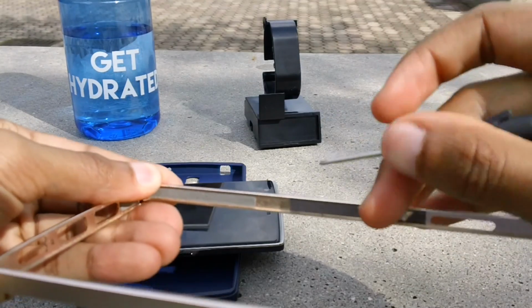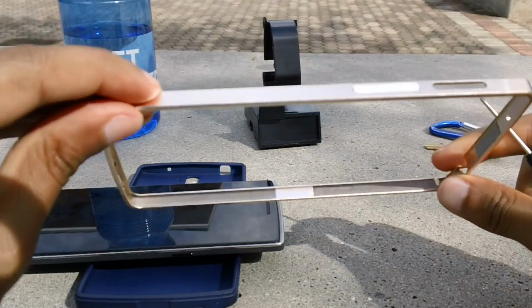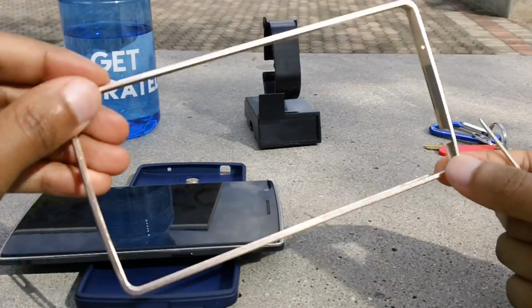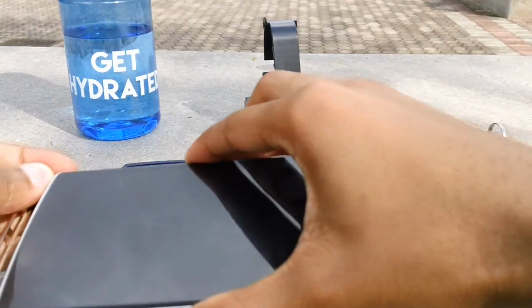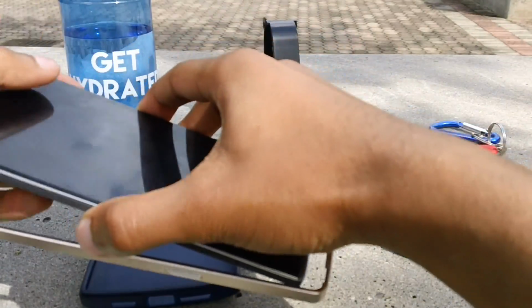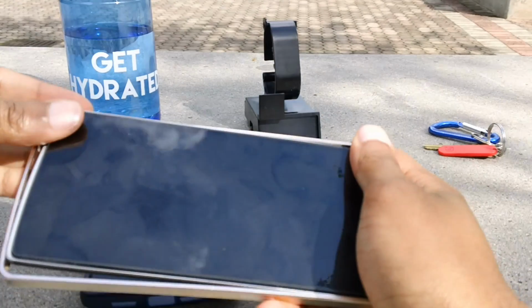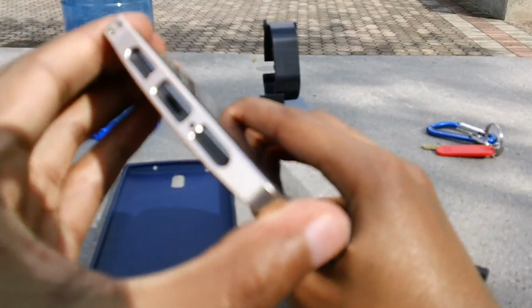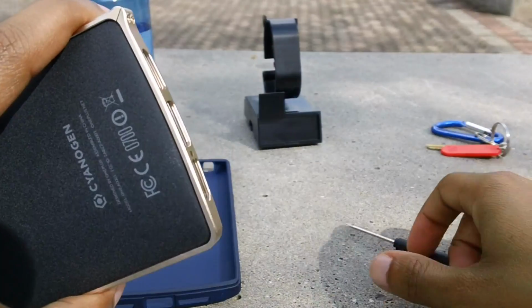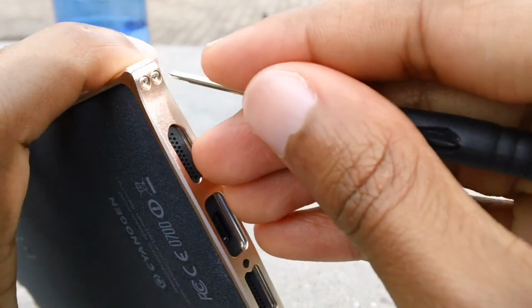It's got thin padding all around, just to protect it, I guess, for added protection. So also it doesn't really bounce around inside. It's pretty easy to install. You just slip it in there, cradle it a little, and yeah, this is what I do. I hold it kind of tight here, and then